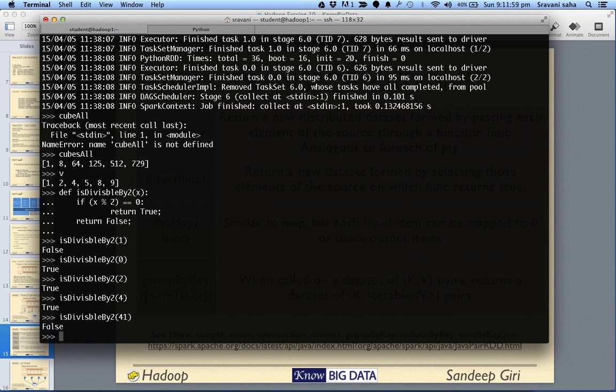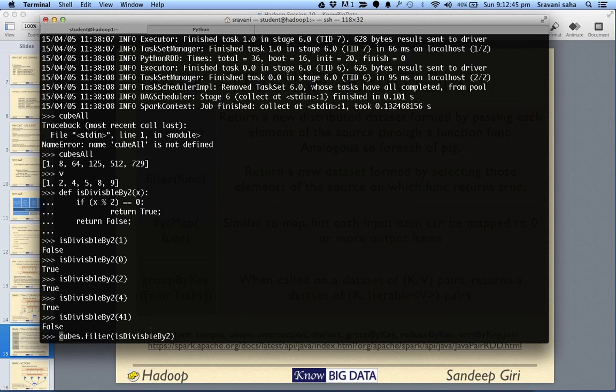Now out of these elements, cubes, we take cubes dot filter, and our function is this. Remember cubes was our RDD containing cubes of all the values, and cubes dot filter would let only the elements which qualify for this function go into the output.